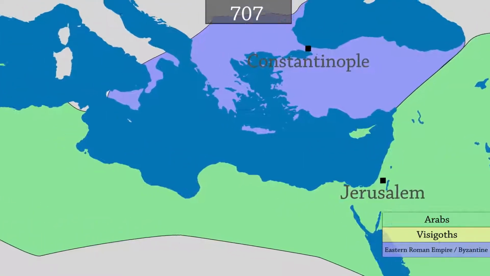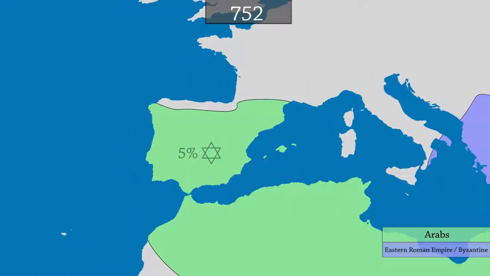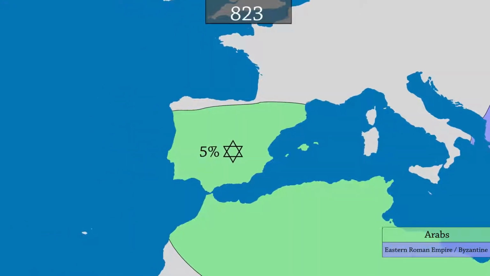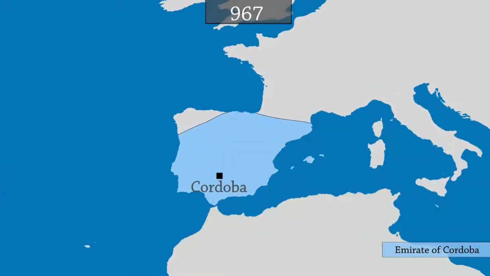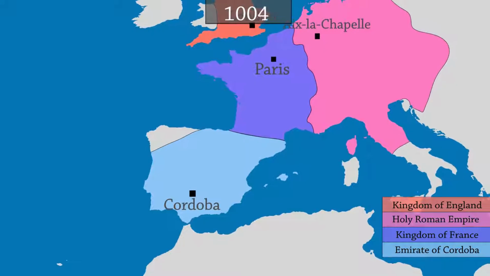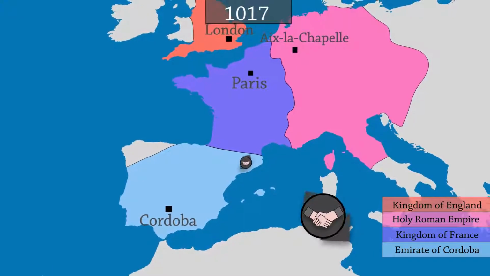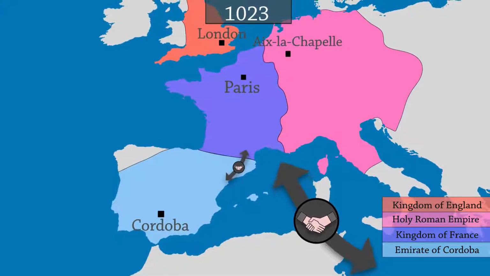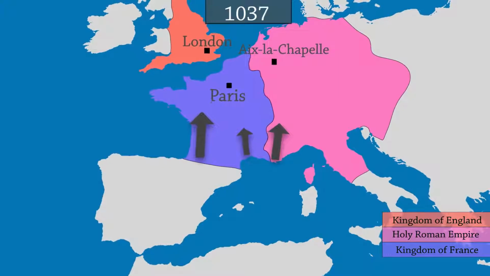The Arabs arrive in the Iberian Peninsula, which they call Al-Andalus. Here, 5% of the population is Jewish, ushering in a golden age of culture. Meanwhile in Europe, Jews are not only tolerated as people who witnessed times before Christ, but also as the sole traders between Catholics and Muslims. This allows Jews to gradually establish themselves in all of Western Europe.